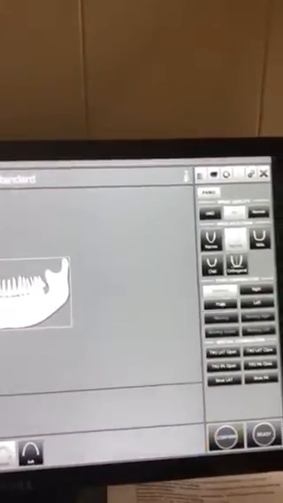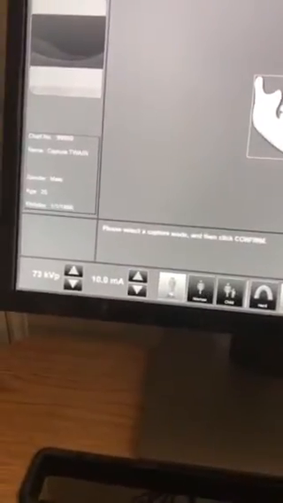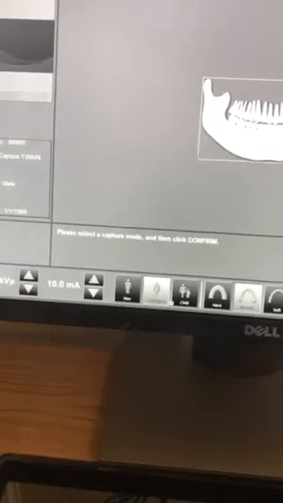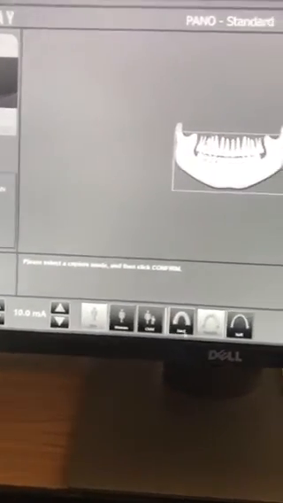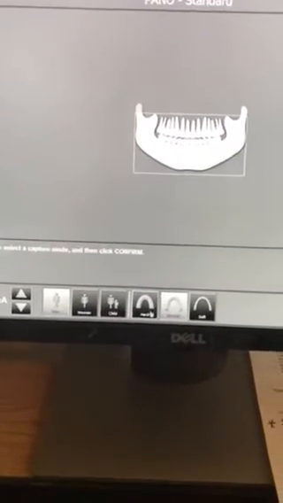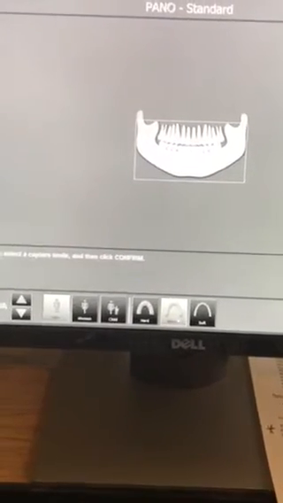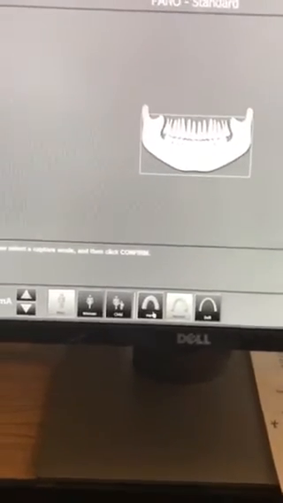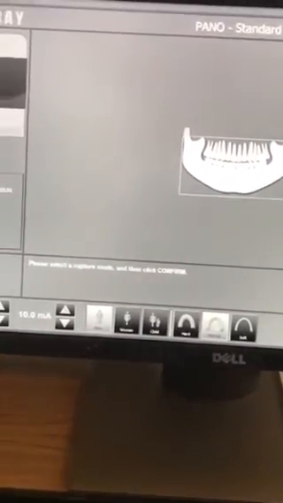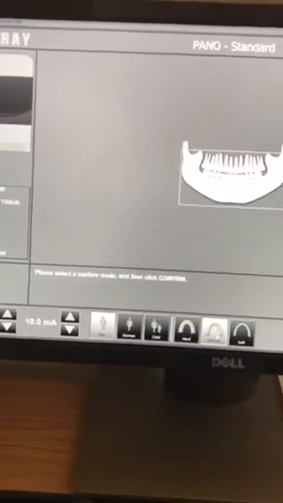But other than that, you leave all this standard, all this normal. And if you look down here at the bottom, you see man, woman, and child that you can change these to. You can also change the focal trough here as far as normal, soft, and hard as to the density